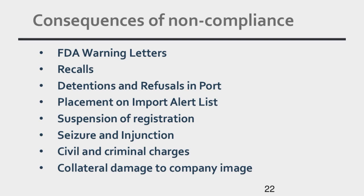So in the case of import alert, FDA is specific to the company and the type of food, but with a suspension of registration, you would not be able to export anything to the United States. Whatever is under your company name is not going to make it into the United States. Then seizures and injunctions,